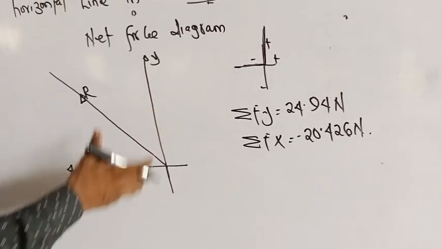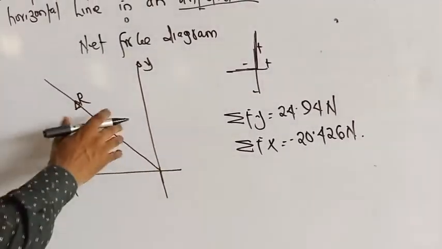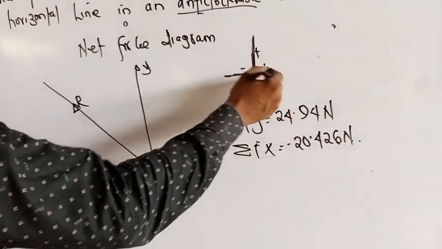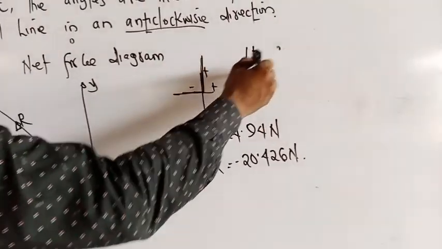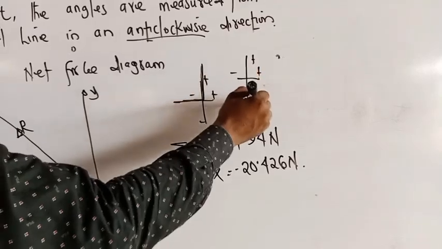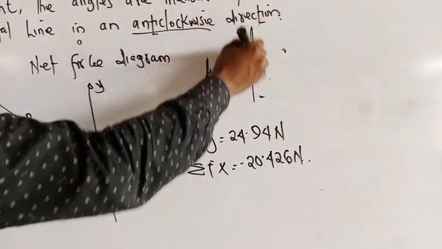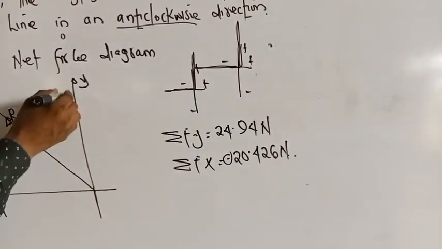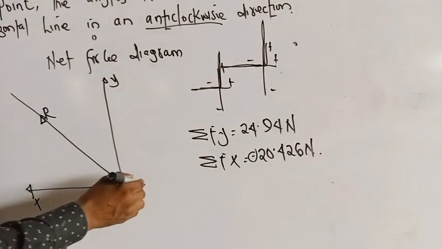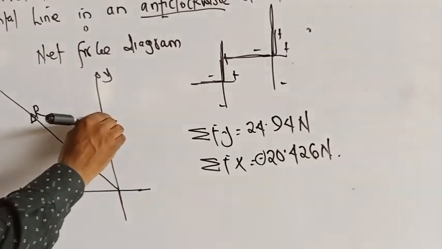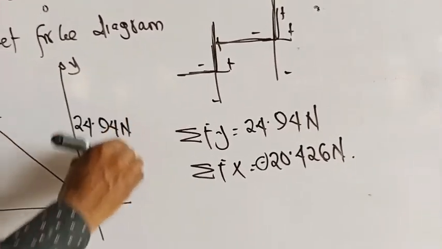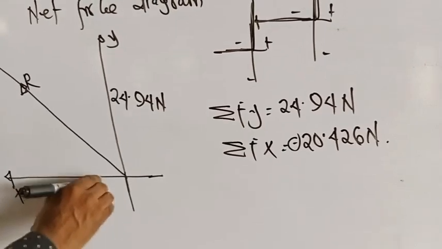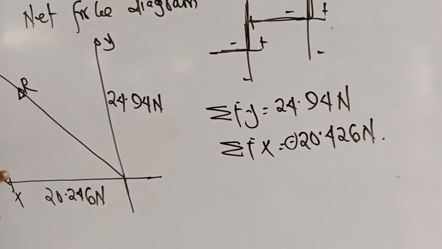The reason why we are having the diagram as this is that our summation F of y is positive and our F of x is negative, so it's moving in this direction. So our net force diagram will be in this form. My y is 24.94 Newton, my x is 20.246 Newton. So to find the resultant force,